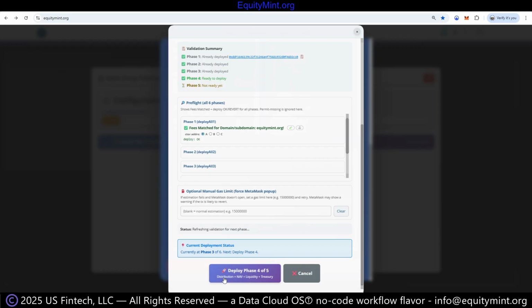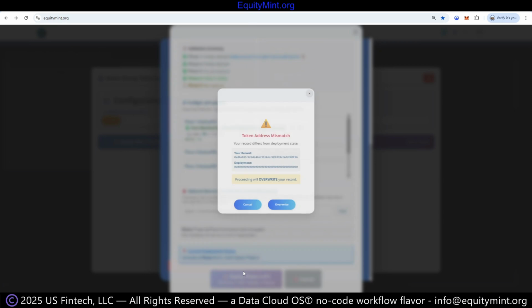Phase 5 is just a team manager and a release manager, which you do not need because we lock the token. So you don't even need a release manager unless you want to do special releases that are vested over time, not just locked, but not even in the person's wallet. Certain team members you might want to have that for, and that's in the release manager, which is phase 5 of 5. Let's hit deploy phase 4 of 5, and it's saying there's that mismatch still